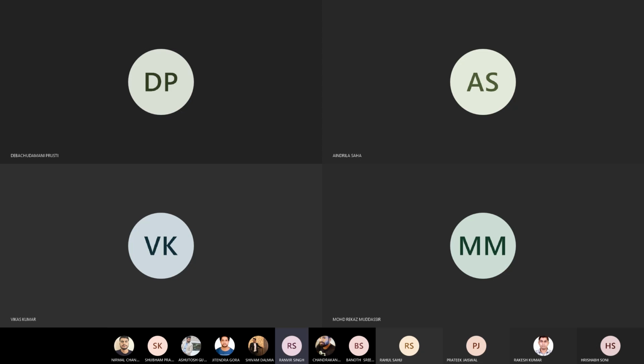Yes, sir. Present. Somasekhar. Ervuri Somasekhar. Somasekhar absent. Rishabh Soni present. Akshay Kumar. Chari. Rahul Sahu present. Chandrakant present. Shibham Dalmia present. Achyut.